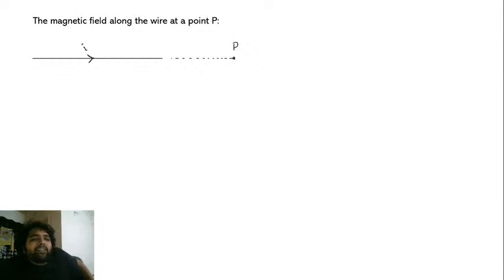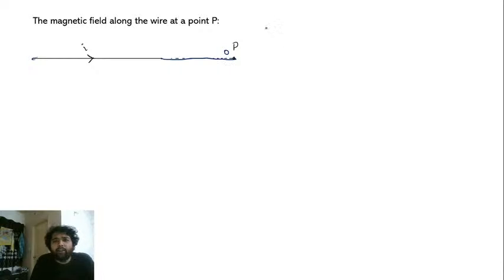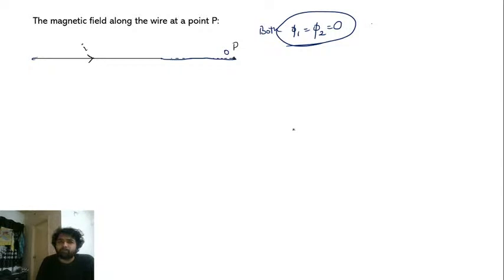OK, now this one you observe. This is a very theoretical question. इसको तुम देख के बताओ, what is the magnetic field along the wire at point P? अब इस टाइप का सिचुएशन में क्या होगा? ये एंड का एंगल 0 है, ये एंड का भी एंगल 0 है, both phi1 will be equal to phi2 will be equal to 0. So then what will the magnetic field be? Mu naught I by 4 pi into A. A is a perpendicular distance, यहाँ पे perpendicular distance भी defined नहीं है, into sin 0 plus sin 0, which will give out to be 0.